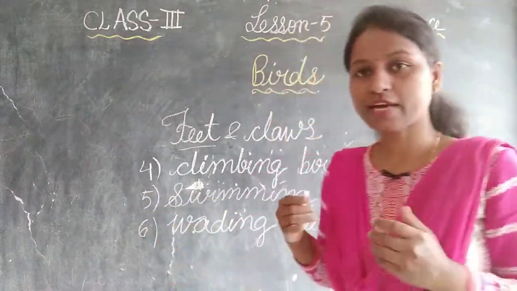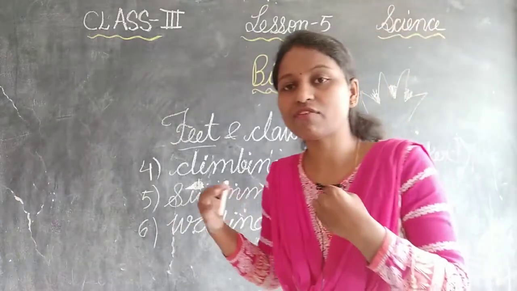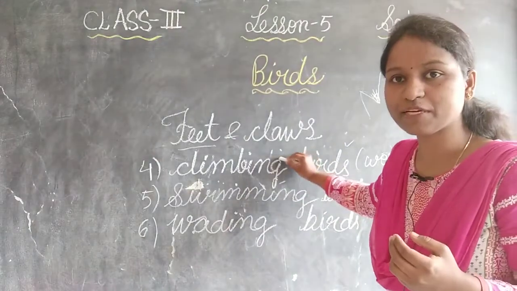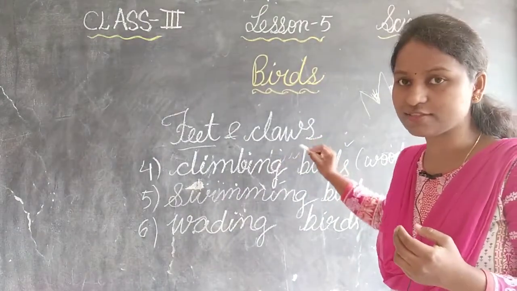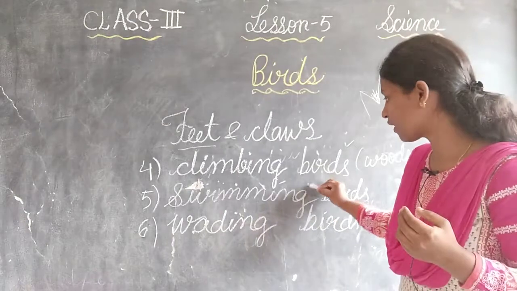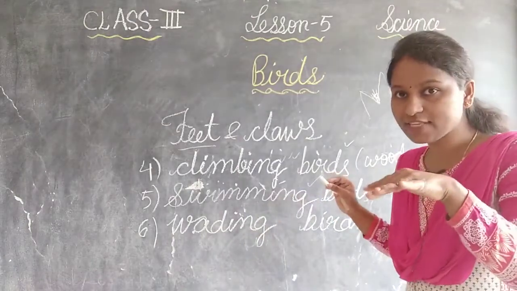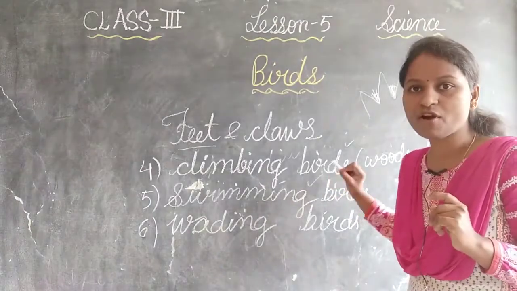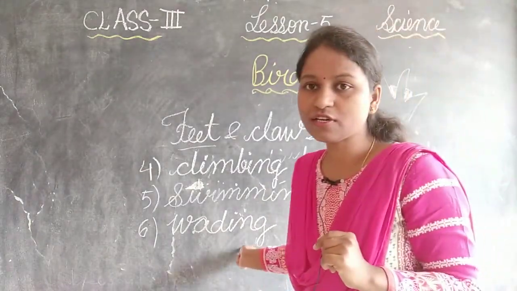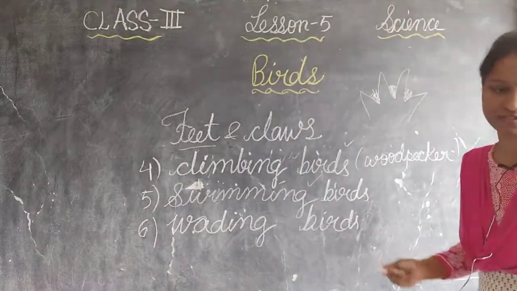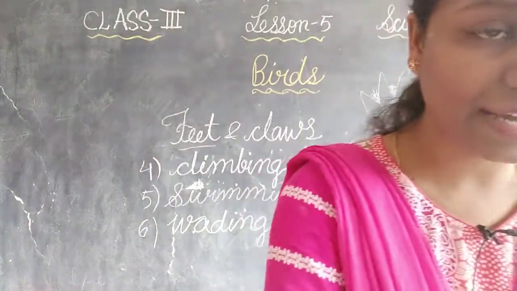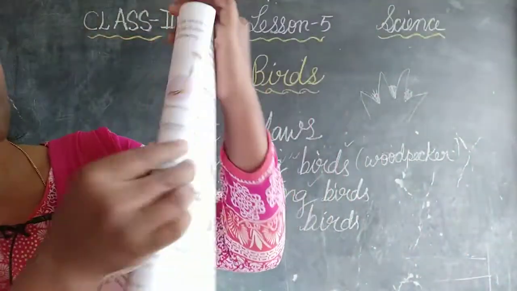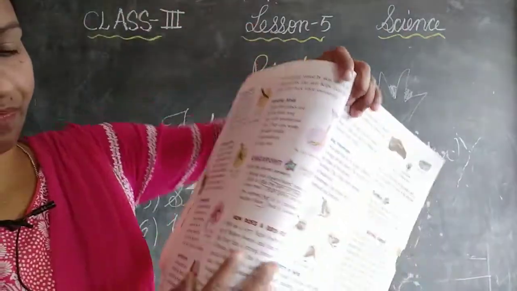Okay. So you can see how nature is giving everything to them. Yes or no? For the woodpeckers, the climbing process and beating the bark of the tree, and for swimming, the broad beaks given to the ducks, and they swim with the help of webbed feet. And the last one in your chapter is wading birds, like cranes and herons.